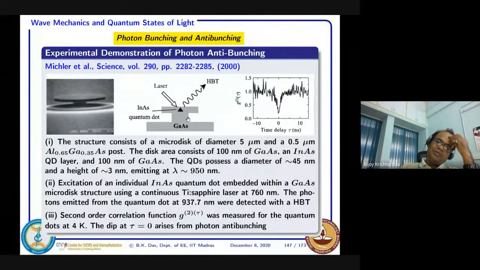So these quantum dots are well known for emitting single photons. It was demonstrated at that time without knowing how it was happening, because people thought that there will be certain quantum states, because it is a quantum dot. So conduction band, valence band, there will be a separation, and it was known that in a quantum dot there will be some kind of exciton